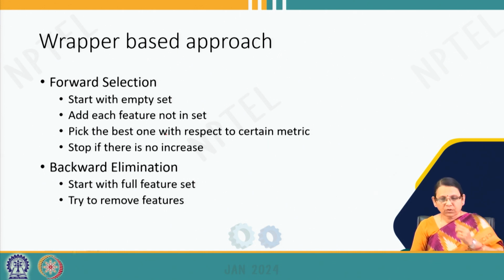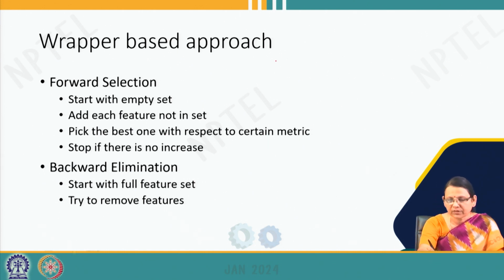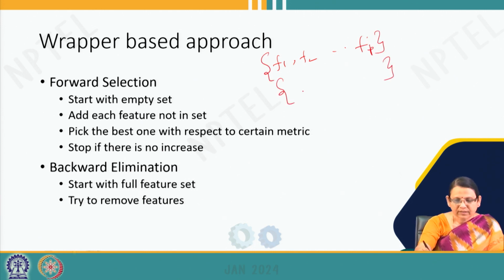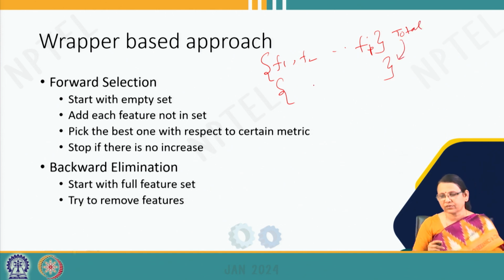Let us say you have some features f1, f2 up to fp. You start with an empty set. This is the total feature set, and out of that you will be moving a few to this, which will finally build your model. Now, what do you do? First make this set empty,